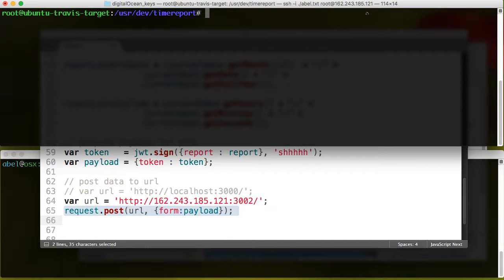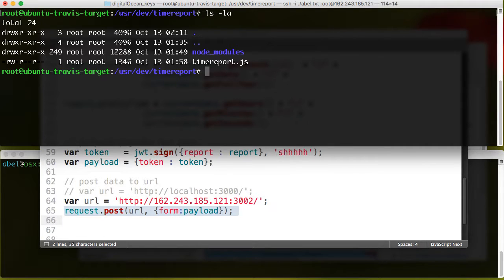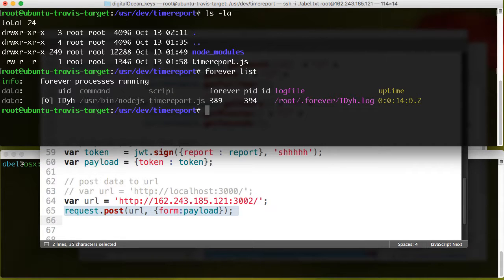And as you can see here, let me go ahead and list the files. I have a file that is doing that. It's called time report. I have the flip side, the server side, which simply catches this and writes to a MongoDB database. And I am running forever, which is a daemon in Linux, which simply keeps that running. So you can see there that I have something running that has been running for 14